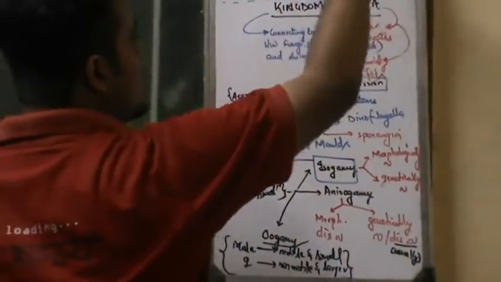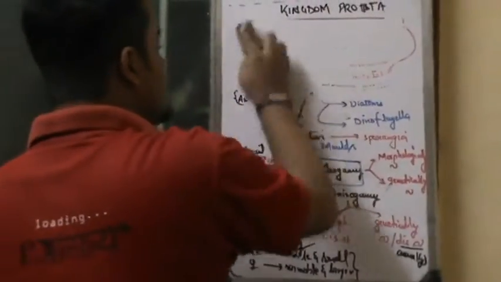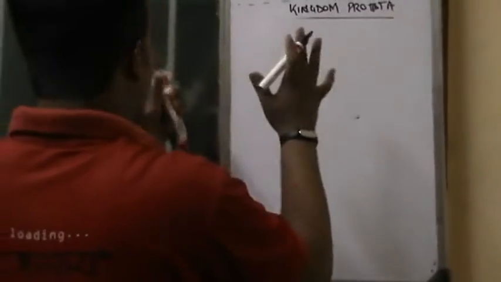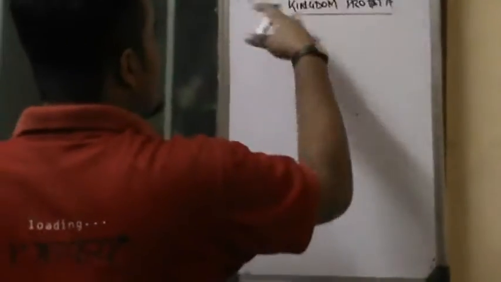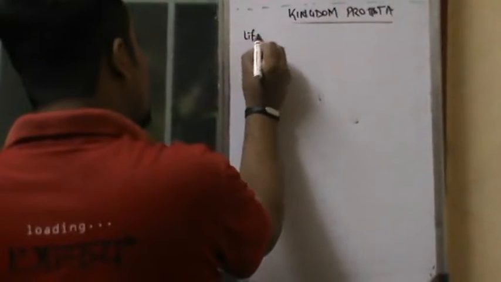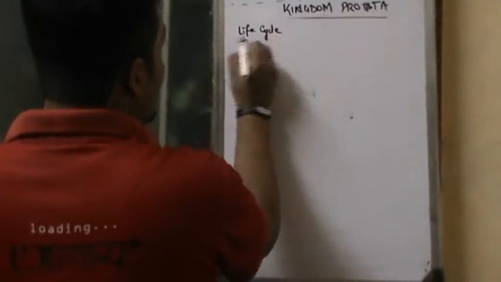Now let's move on to the next topic, which is very, very important. The life cycle of Protista is not given in NCERT for sure; it is given at the end of the chapter on Kingdom Plantae, with examples. I'm putting it here so that everything is helpful at the time of final revision. So regarding the life cycle, always remember,